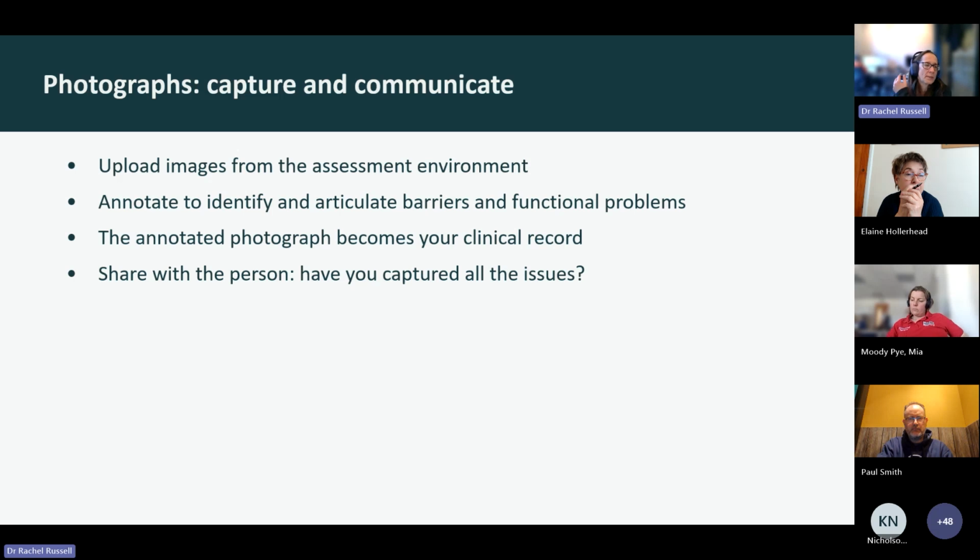So what we're going to do is I'm just going to talk about photographs. Lots of the computer-aided design software, certainly Modi, does this. What you can do is upload photographs of the environment where you're carrying out that assessment. Often people just use it to stick the grab rail on, and Paul will show that in a minute, but it's also about using annotation on the photograph, and this is something you can do really easily